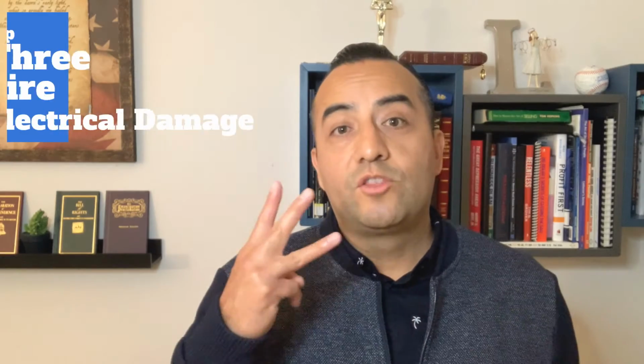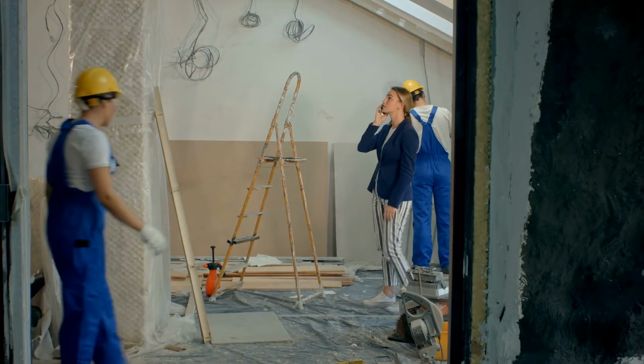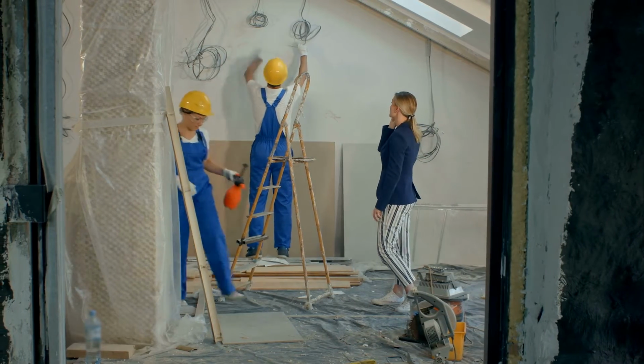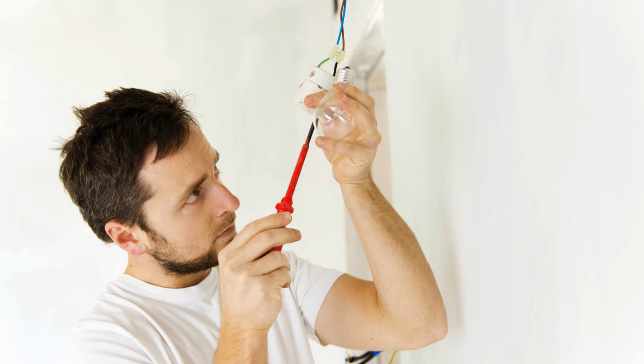But tip number 3 is fire and electrical damage, or a not properly set up electrical situation, right? You want to make sure that when you do something, or you have done something, it was done correctly, so that it doesn't become an issue when you're ready to sell your house. Now you have to go back and fix something from years ago, right? So you want to make sure that all the electrical is actually working, and that all your fire detectors are working too. If you have to replace batteries,